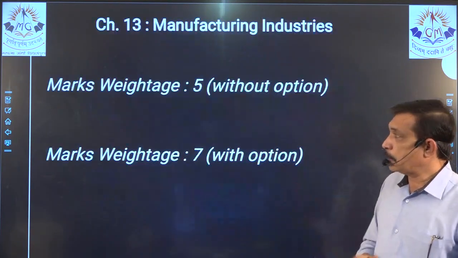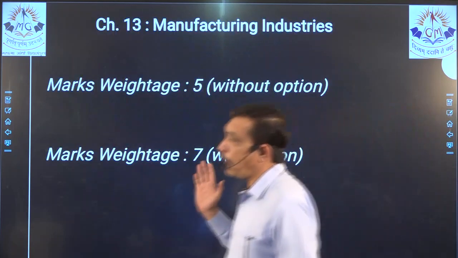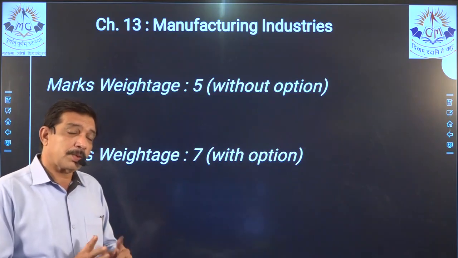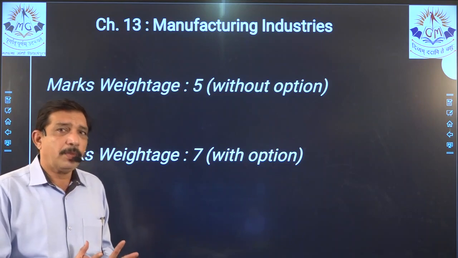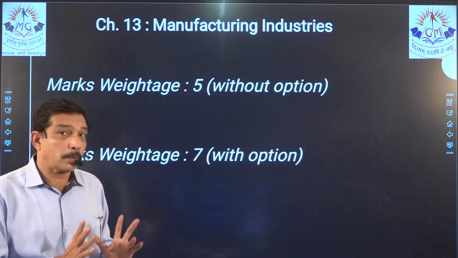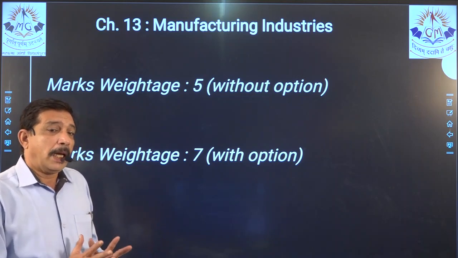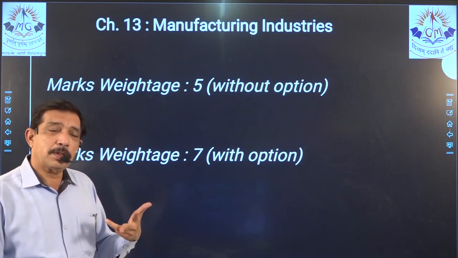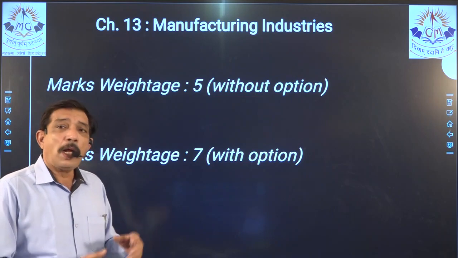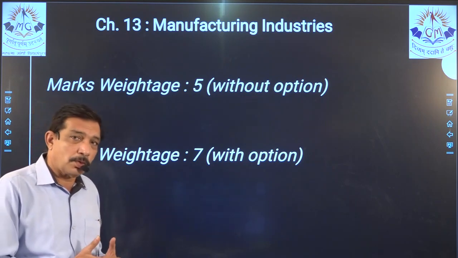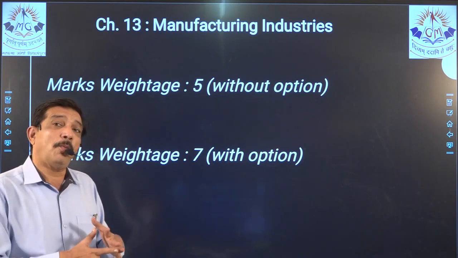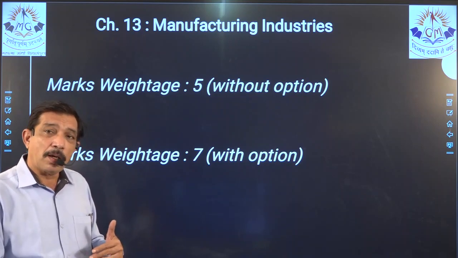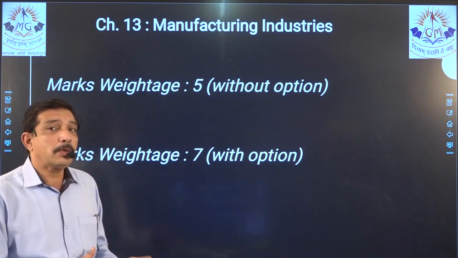Now, as far as this chapter is concerned, we have already discussed that the marks weightage for this chapter is 5 marks, and that is fixed. 5 marks without option, that means at least 5 marks will be asked from this. Yes, not below 5. And general options are given. That means between two questions, there will not be an 'or'. Instead of 9 questions for 2 marks, there will be 12 questions, so that you have a broader selection. That means from one chapter, 2 questions can also come, right? So we get an added advantage over here.